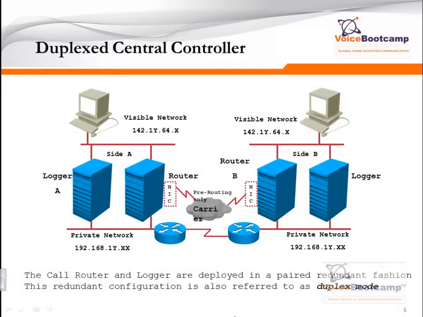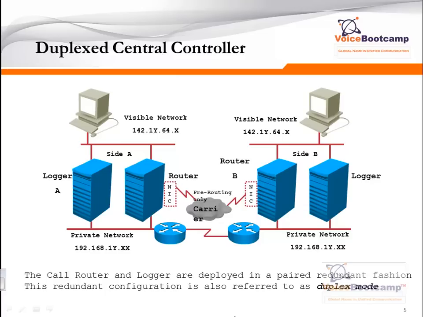In a high availability environment, Cisco recommends that you design your central controller in a redundant fashion. That means you will have side A and side B. In side A, you will have logger A and router A, and in side B, you will have logger B and router B. Both of the routers or loggers from each side will communicate with each other over the private